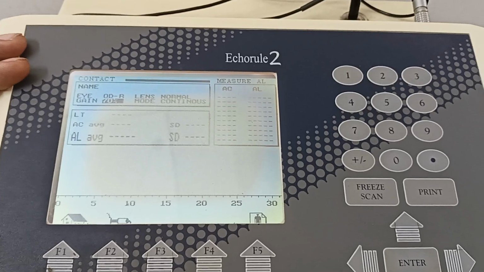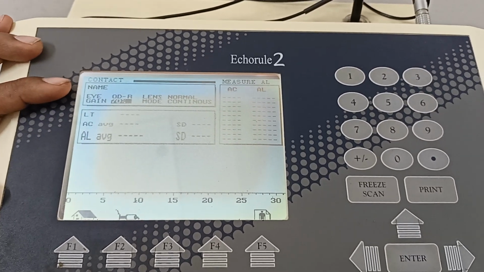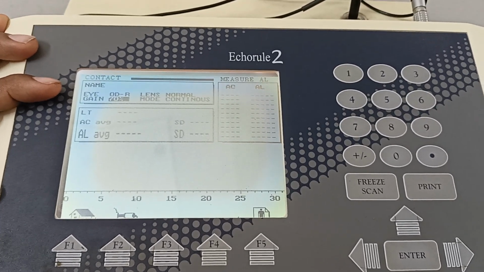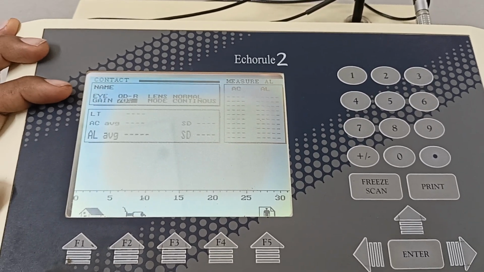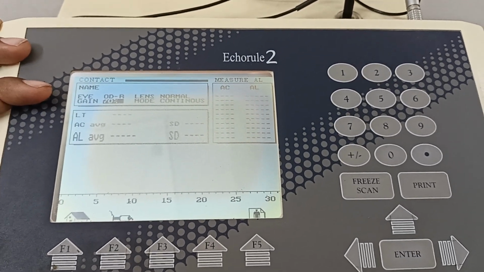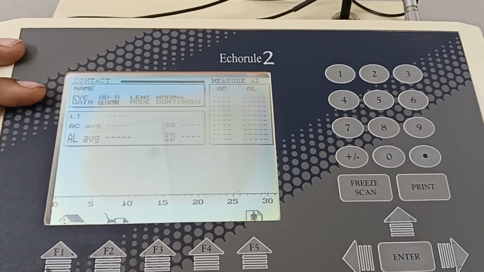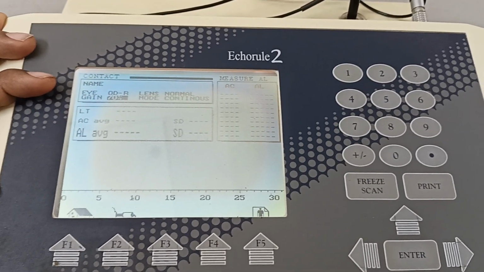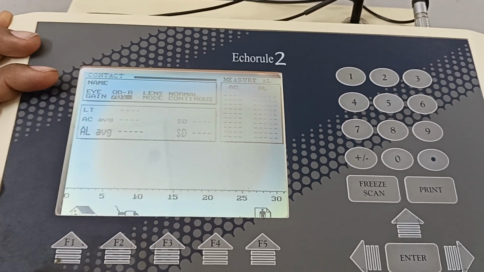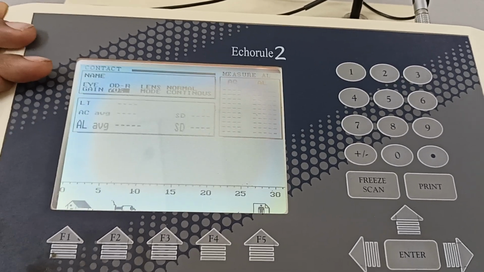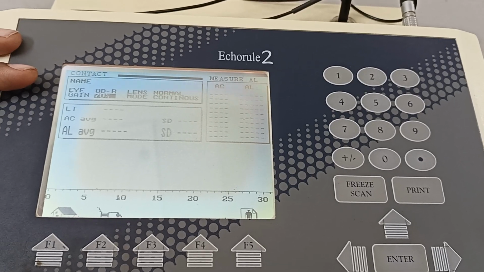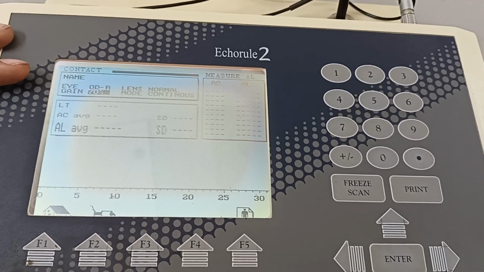So here is the gain. There is something written gain. Gain means with how much intensity the sound waves are going inside. We know the principle of the A-scan is based upon the sonar principle, SONAR. If you have ever heard about it, sonar is taken from a marine animal, the dolphin. Dolphin uses the sonar system, a natural system present in dolphin. The dolphin can assess the sound waves from a very far distance, that prey is coming, any obstruction is there. So the dolphin can change its mode, right?